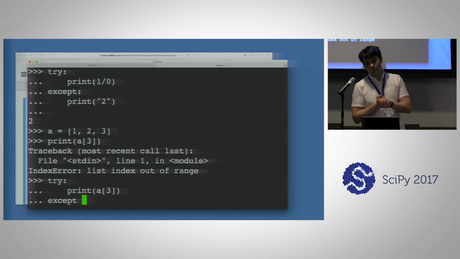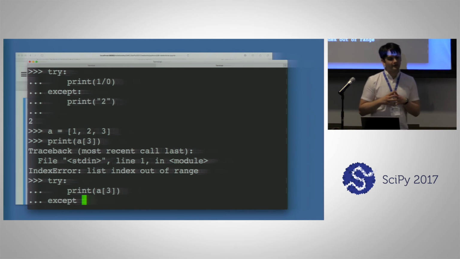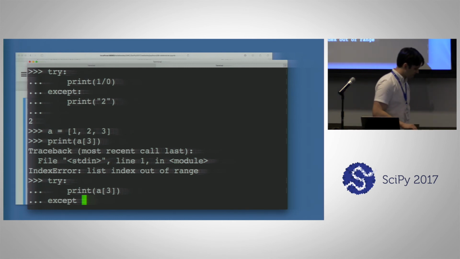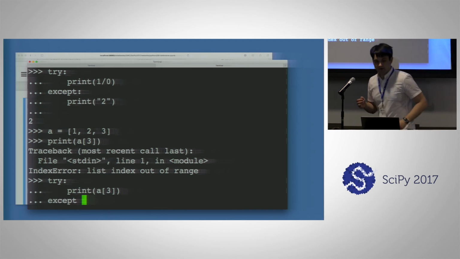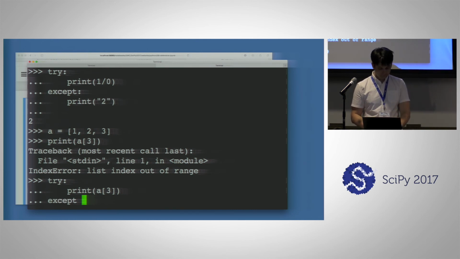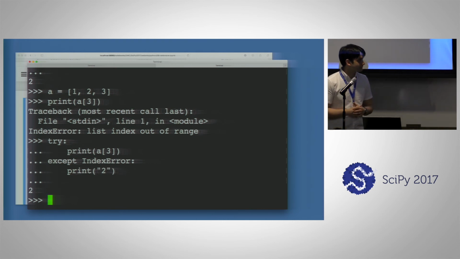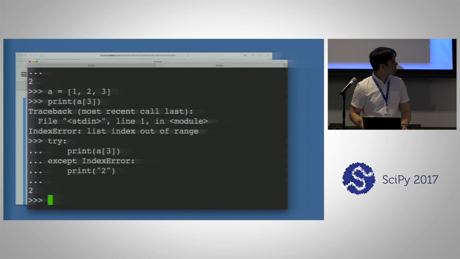Now, we can actually make a mistake even in the except statement, but the caveat here is that at this level, so we can write several excepts here, we will be catching the error related to that statement only. So we will not be catching the errors that we write in the except blocks. Except index error colon print 2. So in this case, it printed just fine, but